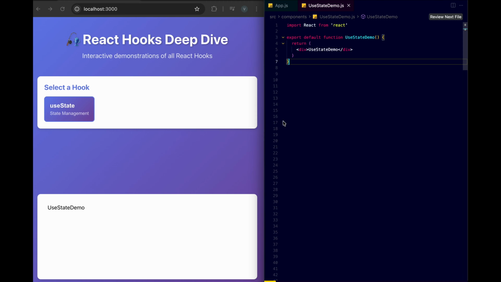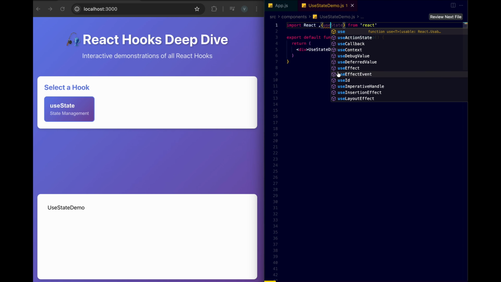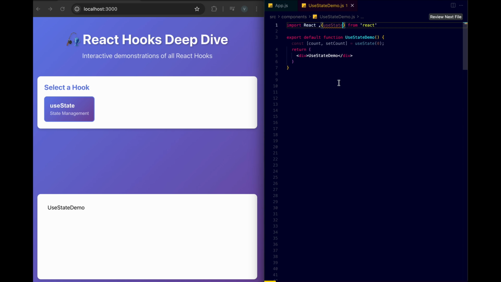So what is useState, why do we use it, and how can we use it in React? This is how we can import useState from React. Now useState is one of the most fundamental React hooks, and it allows functional components to manage local state. Listen, we are talking about functional components. Before hooks were introduced in React 16, state was managed